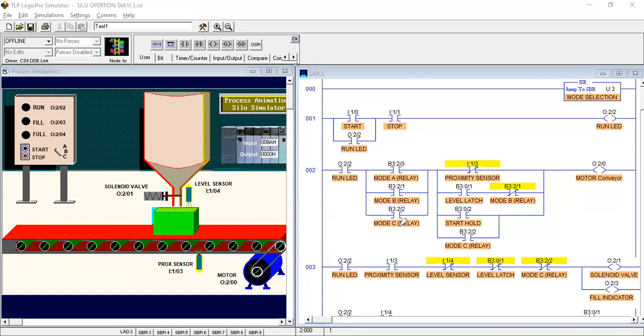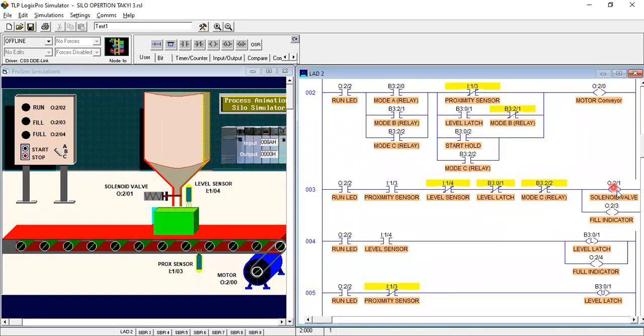Okay, and after that, the solenoid valve. This is the solenoid valve and the fill indicator. When your solenoid valve is turned on, your fill indicator also turns on.